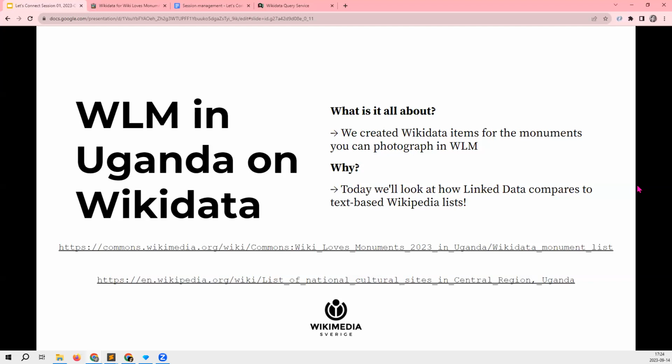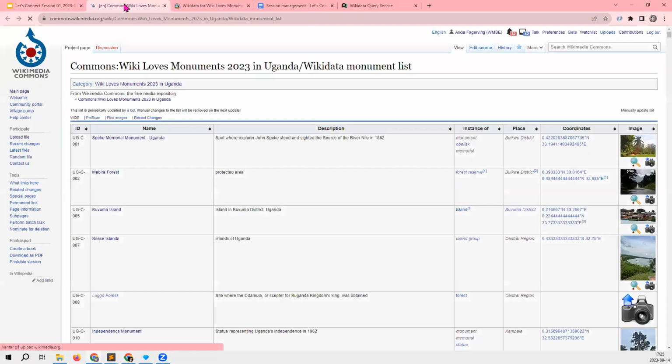It might be a long and slightly confusing name, but it's really an initiative to find ways to get better as a movement at working with partners. It can be GLAM partners, it can be UN agencies, like agencies of the United Nations, and many others, to work with them to get their content to the Wikimedia platforms.